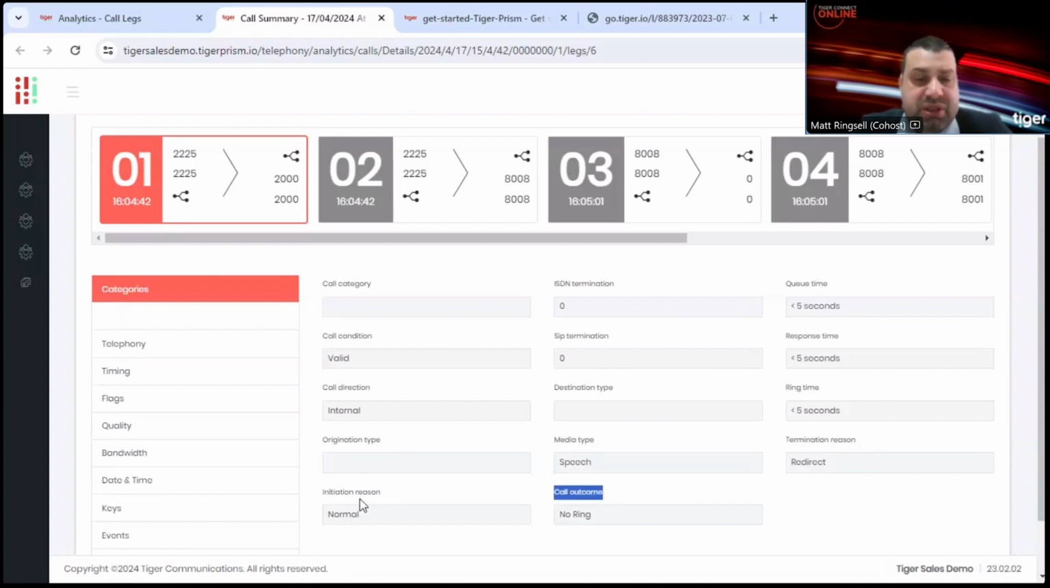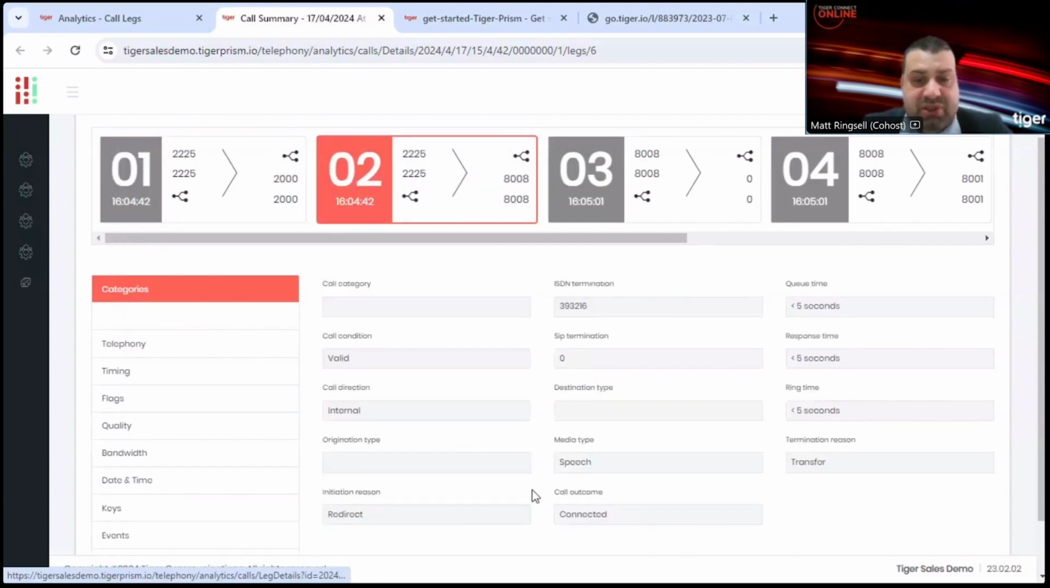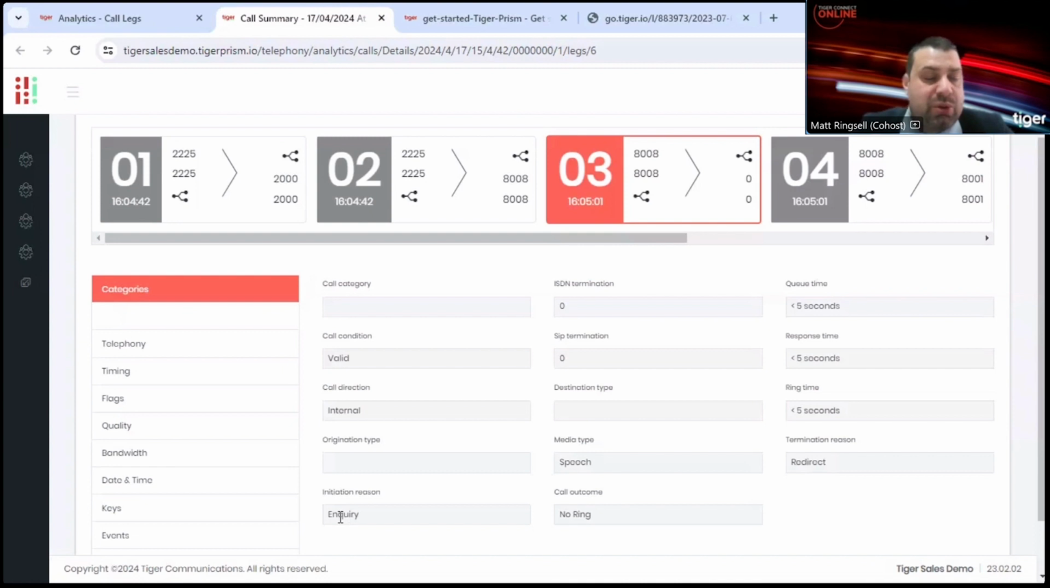So what happened? So it came in, initiation is a normal. So normal means it was picked up or hung up. It got redirected. So it moves on to step 2. It was redirected, got connected, was transferred. They did a transfer, so they did an inquiry. And again, looking at these flags, the PDF that I showed a moment ago, what the difference between an inquiry and a